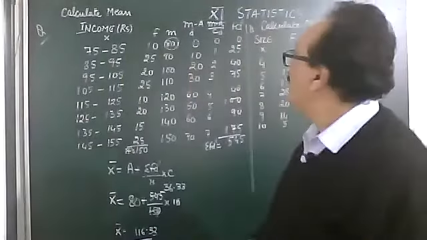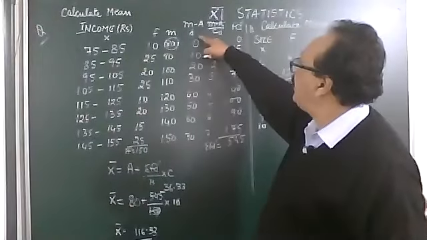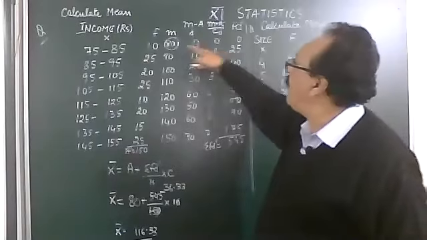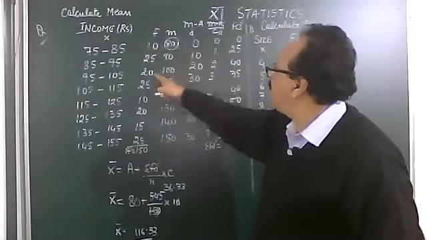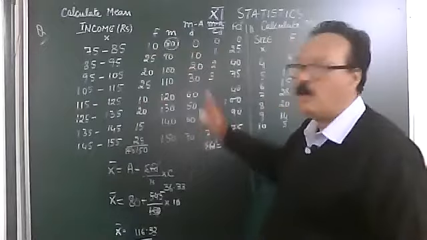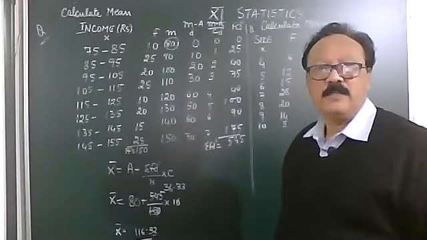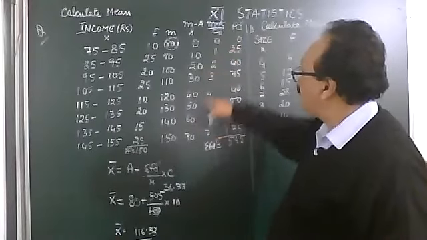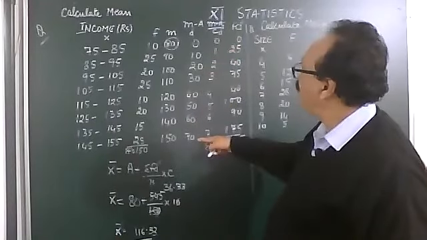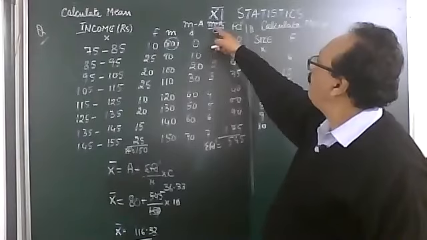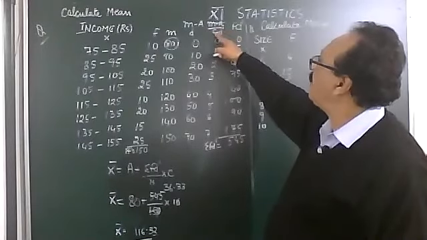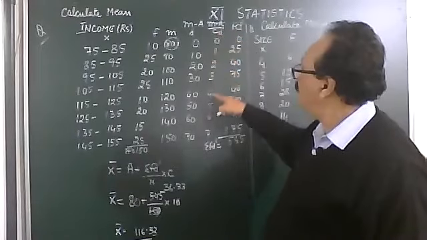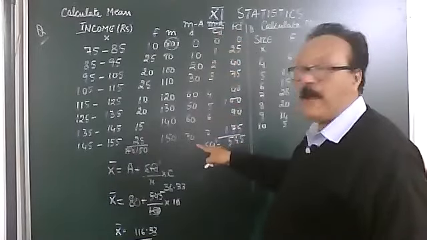Okay. Then what do we see? We got this as D. Again, if you have to multiply, mean is equal to sigma fD. If you multiply these again, you will get big values. What do we do? Go one step forward, step deviation. Among the deviations, see the common factor. What would be the common factor which would bring it down? It would be 10. So, midpoint minus assumed, upon the common factor, and we will call this D dash. So 10 ones are 10, 2, 3, 4, 5, 6, and 7 you get by dividing.